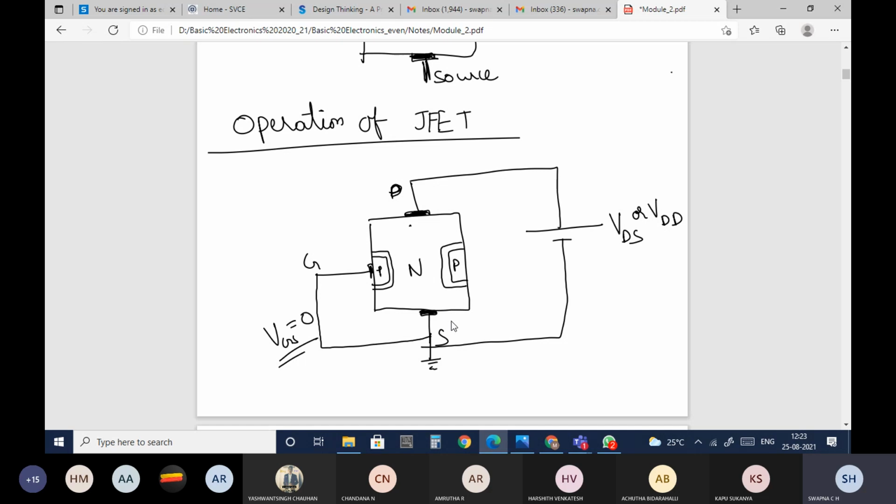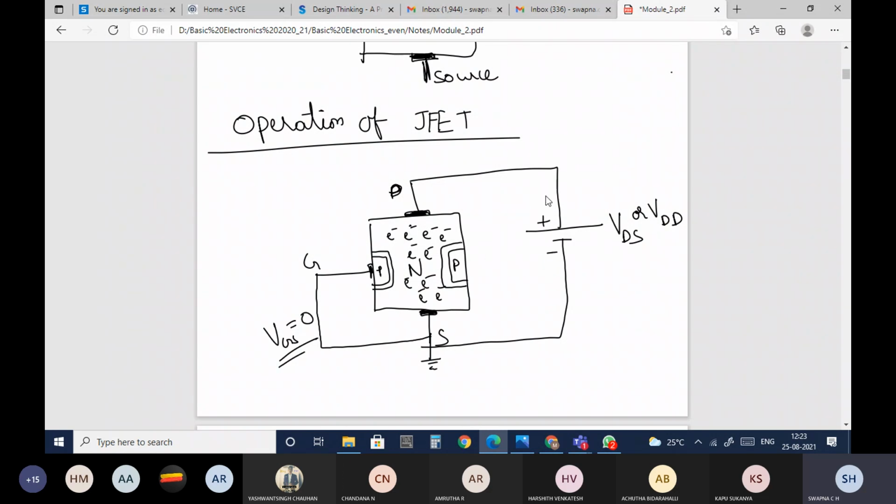Now let us see the operation. What is happening? As you know, the majority charge carriers in the N-type material are the electrons. If you just observe, this N-type material is connected to the positive terminal.